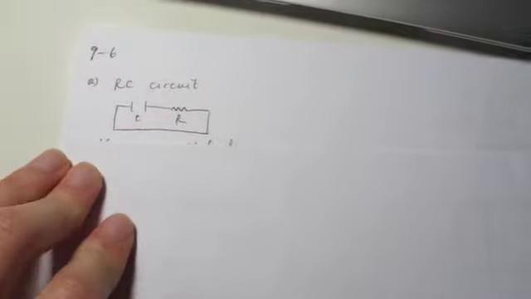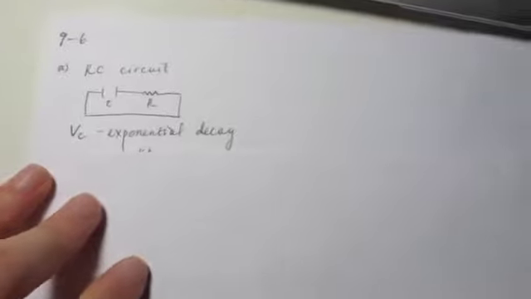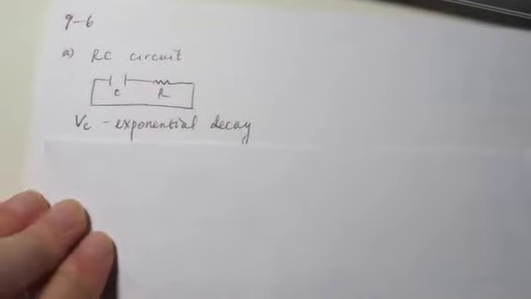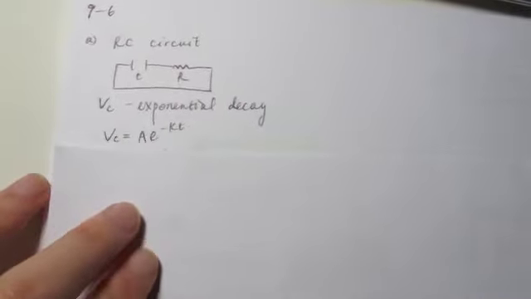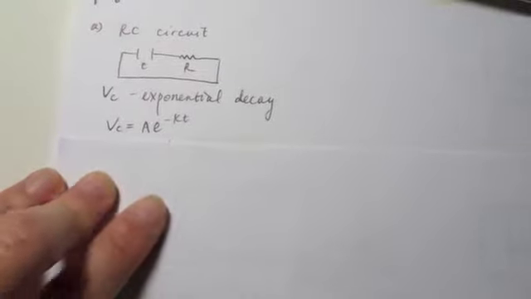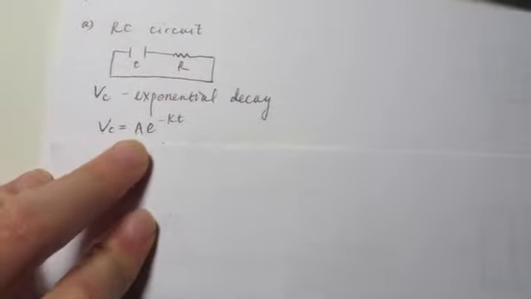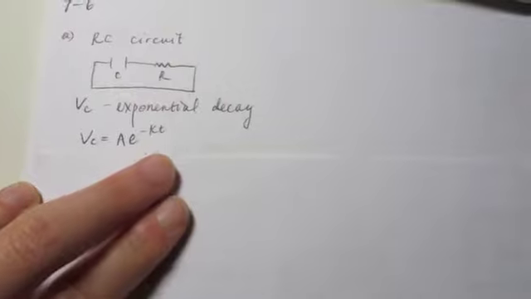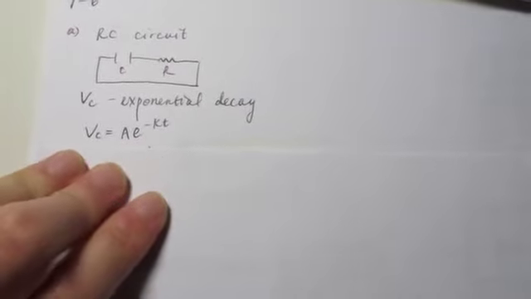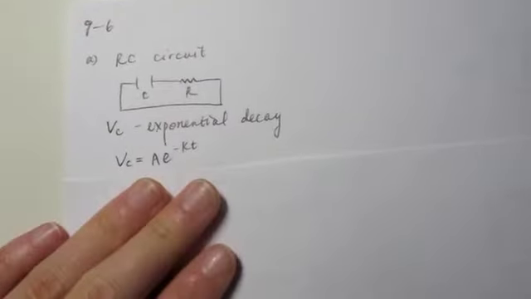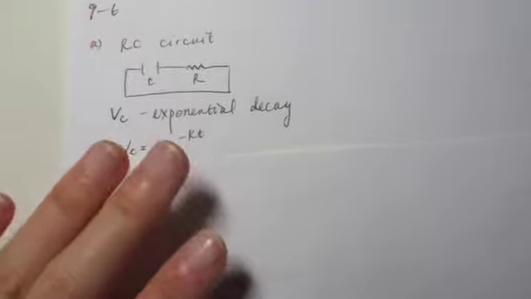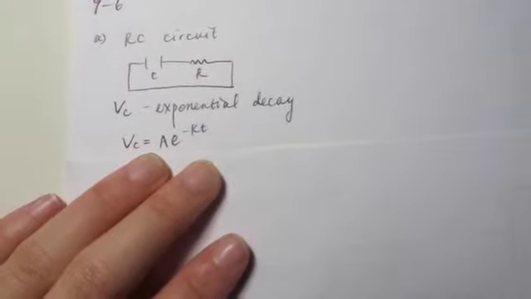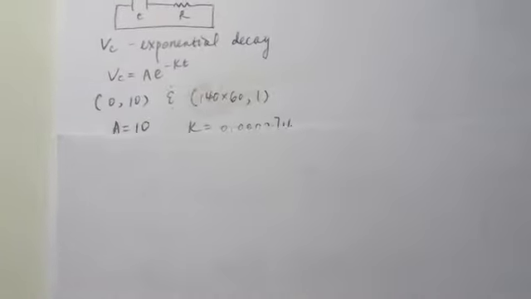So from the graph in your prep book, you can see that it's an exponential decay graph. So it follows this general equation: V equals A times e to the negative kt. So you just pick 2 points from your graph and plug them into this equation to find what A and K are. So these are the 2 points I used,